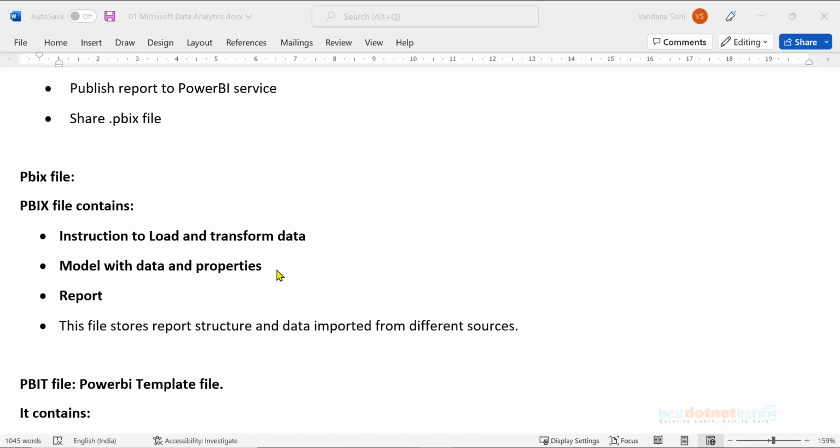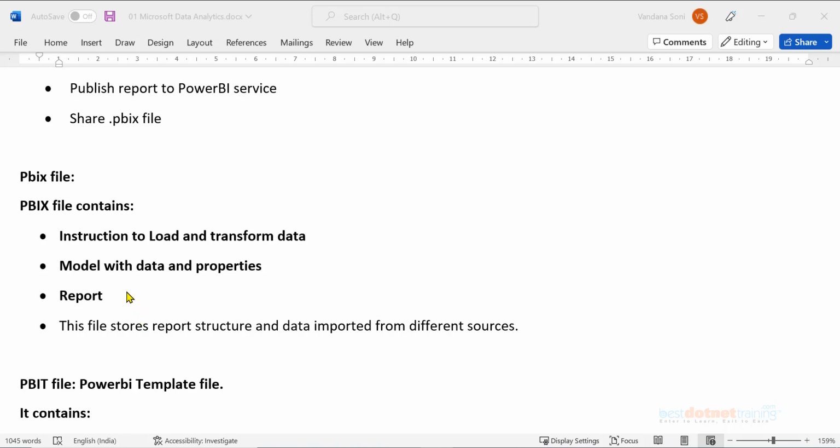It also holds the model with data and properties. You have already done the data modeling, so all the metadata will be there. Reports will be there. The file stores the report structure and data imported from different sources. So a PBIX file can contain the data also. Along with all the visuals, data is also there in the PBIX file.